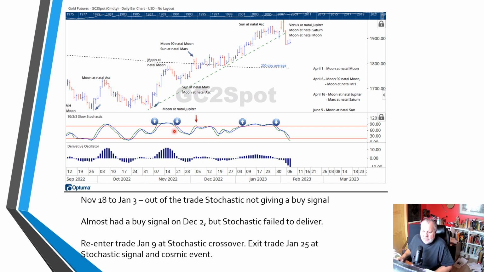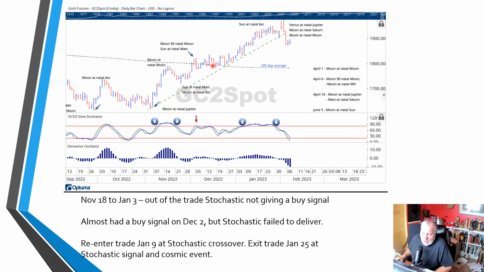to retreat. Well, you've got your stochastic telling you, hey, time to get out of the way. And you've got your histogram bars on the oscillator saying, hey, time to get out of the way. And so you get out of the way. Now, the price of gold thereafter